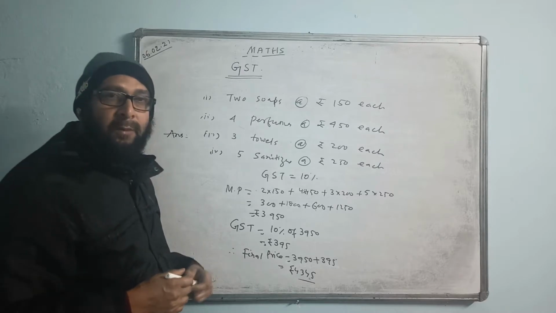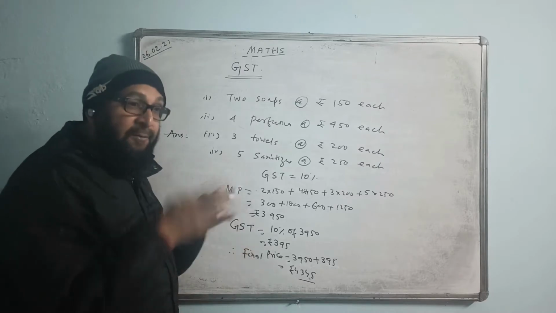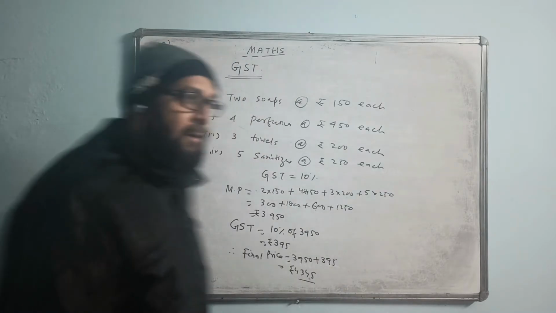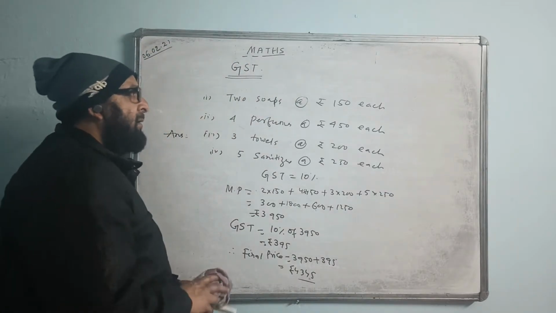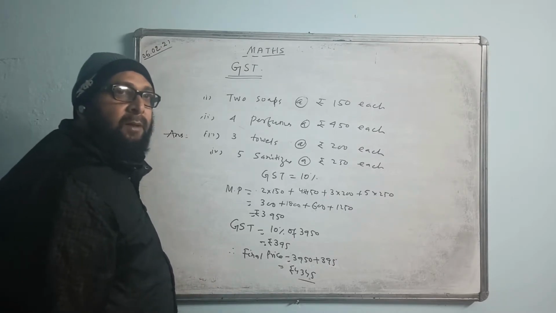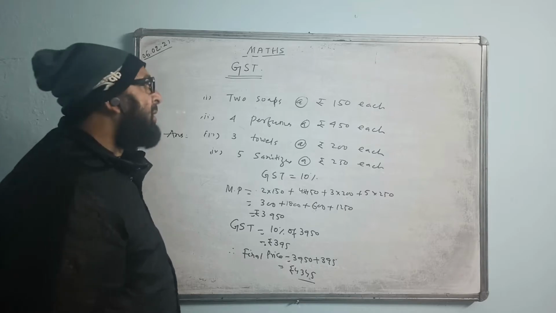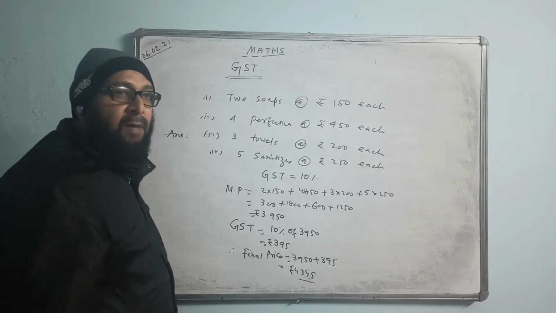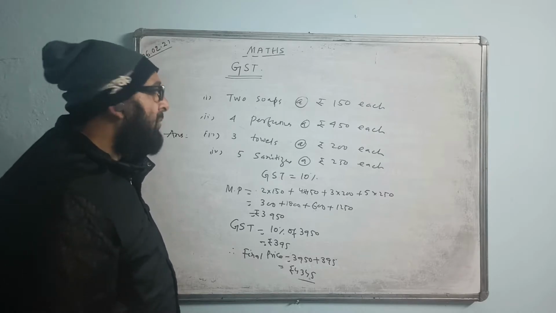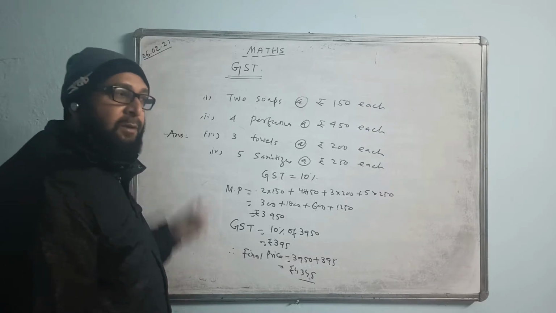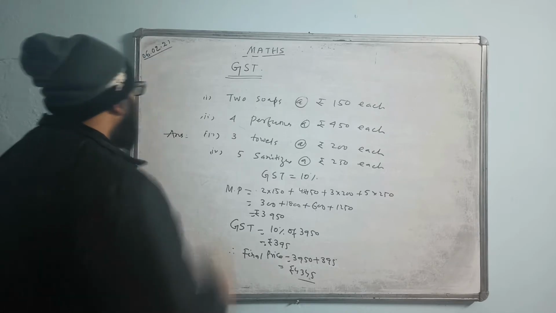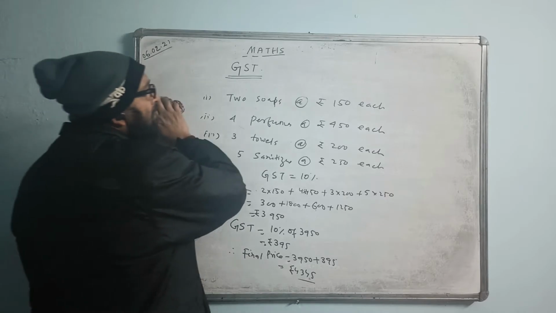This type of question came last year, so it may not come again. But the previous time which I did, that time may come. They may give the final price, saying the customer is purchasing at this price, including your GST. Find the mark price of the article. Then you take the mark price as X and the final price, then you do it the way I did. Alright?